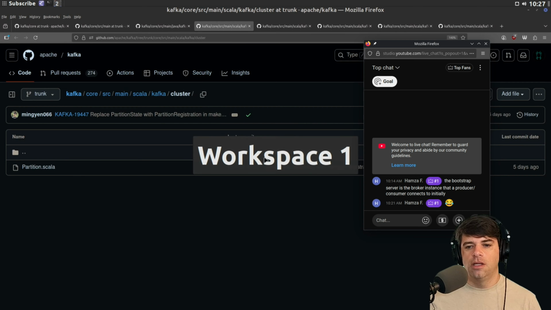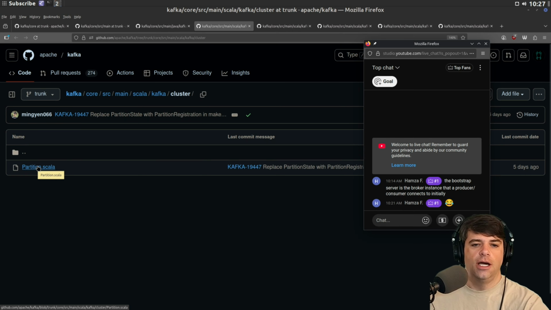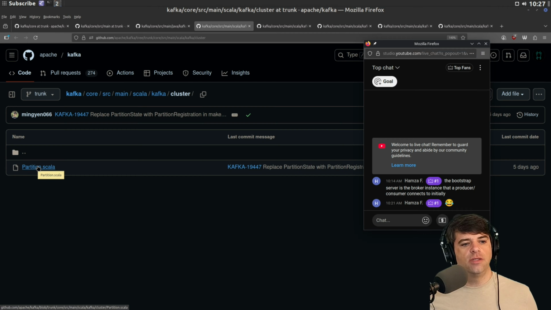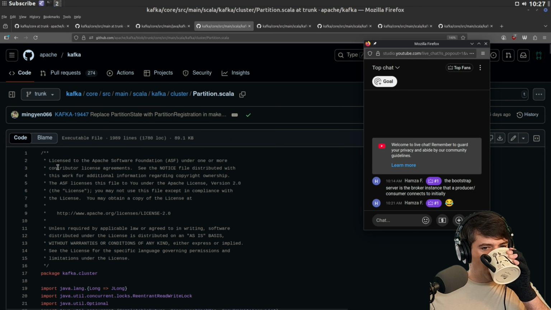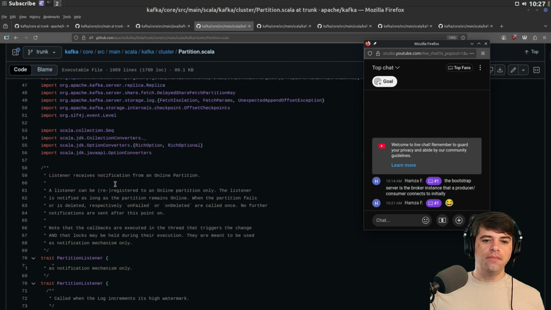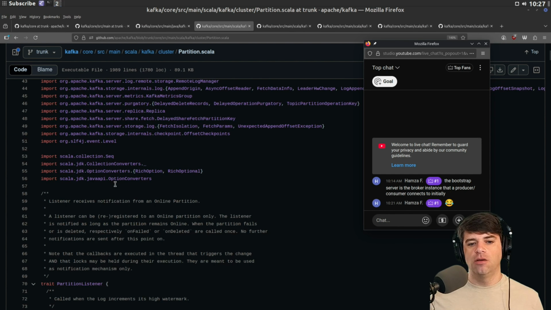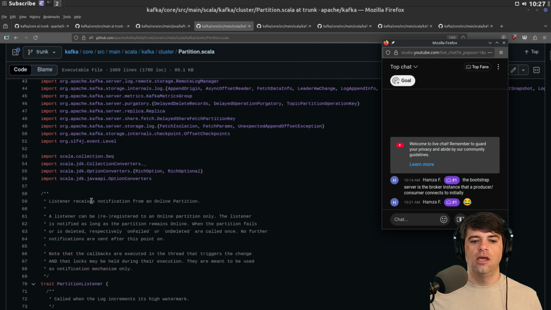It's not bad. Okay, and in cluster, we just have Partition.Scala, which it seems like partitions are the main thing that Kafka, like the servers, really know about. And what do we got here? I don't know any Scala, by the way. I don't really know how to read it. A listener receives notifications from an online partition.